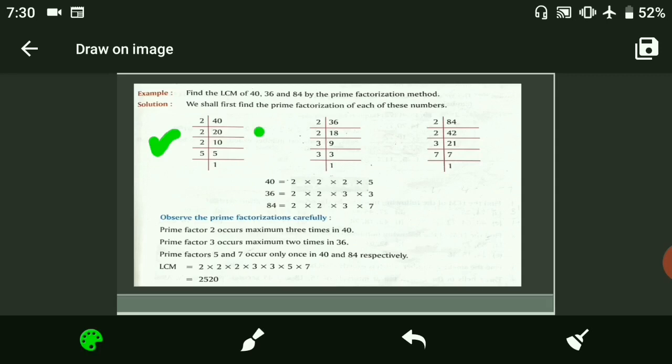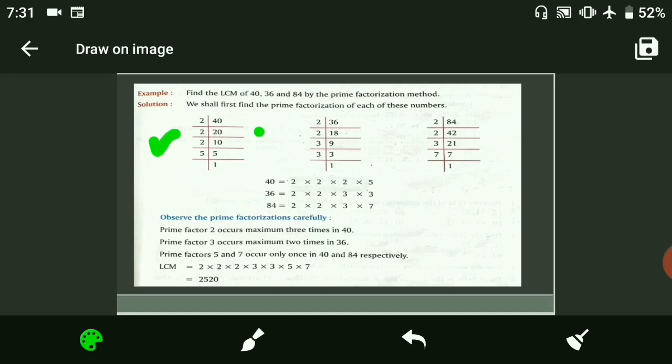Now students, you have to see where 20 comes. 20 comes in the 2 table also, 5 table also, 10 table also. But you will take 2 or 5. Here I have taken 2. So you will write 2 and you have to see in which place 20 comes. It comes at 10. So you will write 10 down of 20. Clear? The quotient will come down of the dividend. So you will write 10 down of 20.